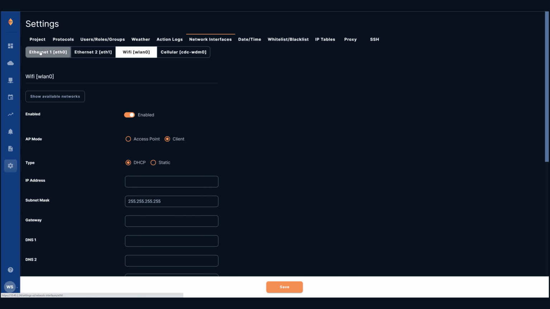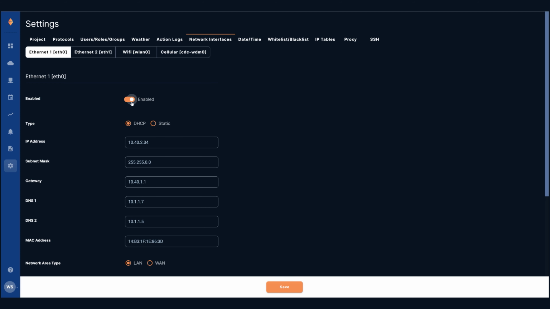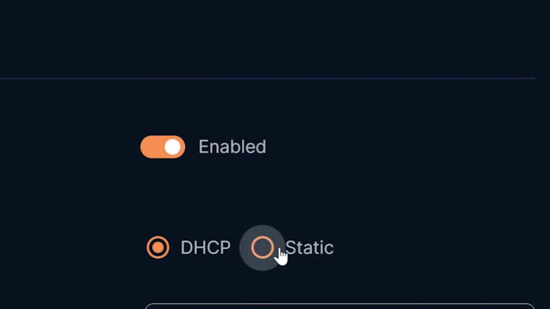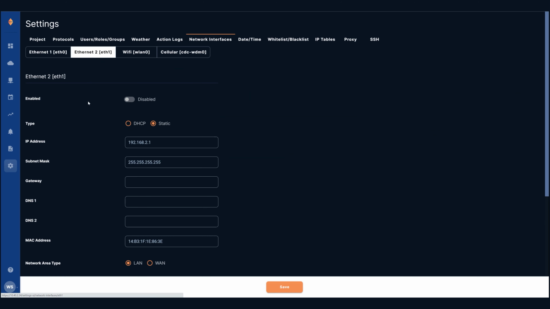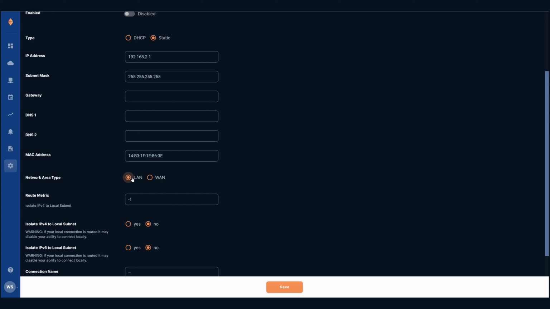The first sections are for the 2 Ethernet ports. Once again, Ethernet 1 has DHCP enabled by default but can be changed here. From the factory, Ethernet 2 is configured with a static IP address of 192.168.2.1. Here you could also determine if each interface is designed as a LAN interface or a WAN interface. By default, both Ethernet ports are set as LAN type and no unsolicited incoming requests are allowed on WAN. Note that only one Ethernet port should be configured for connection to the internet, and the ports must have different